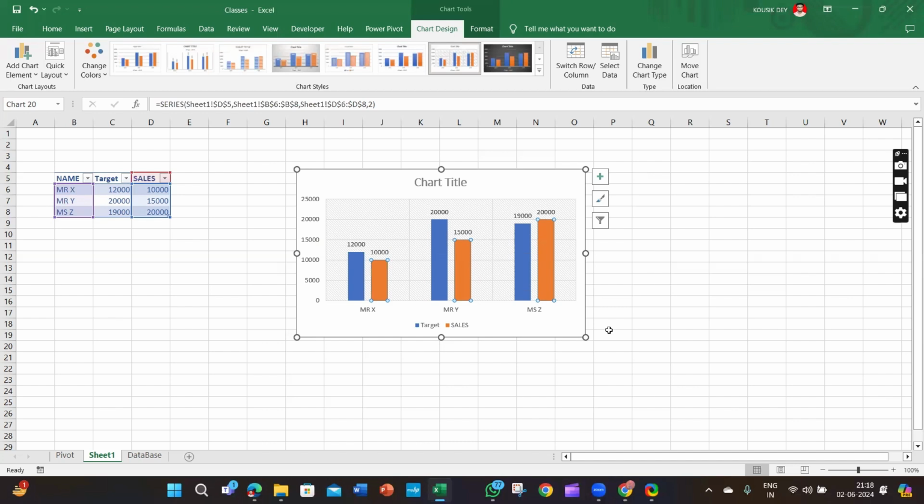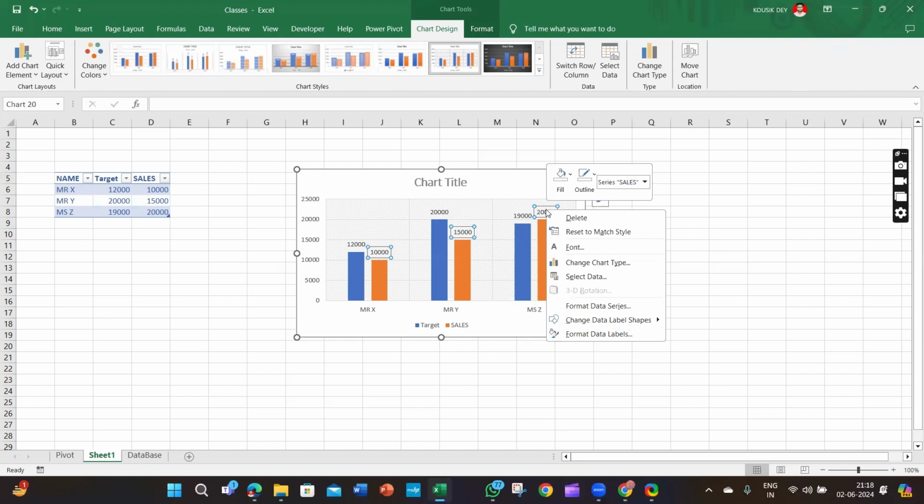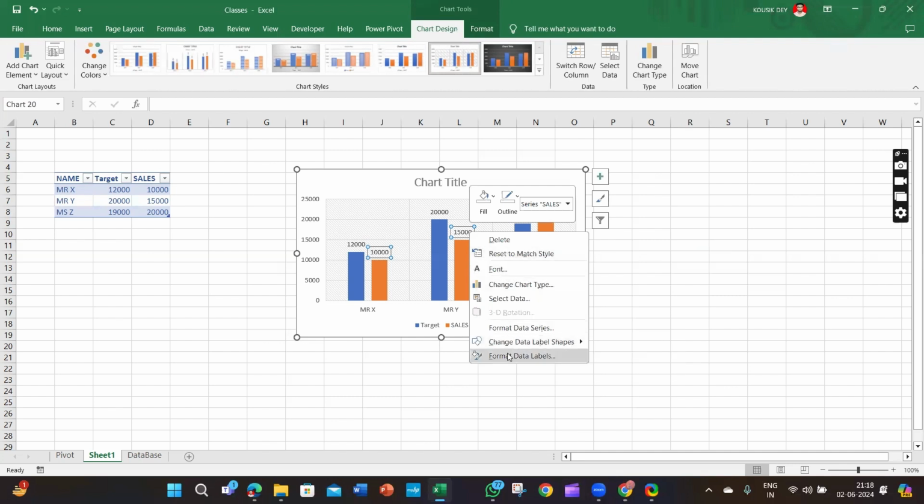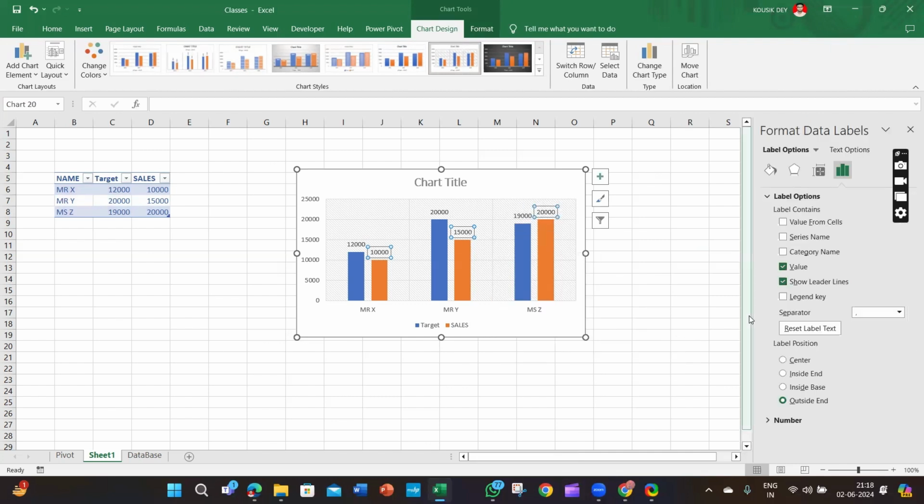Now you want to place the data levels in a different way. What you need to do, for example, we are selecting the sales area, sales data level, then right click, then go to format data levels and select the level position. If you want to place it center, inside end, inside base, outside, as per your wish,